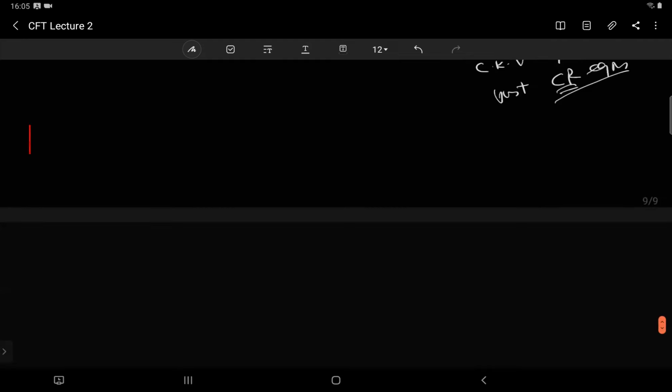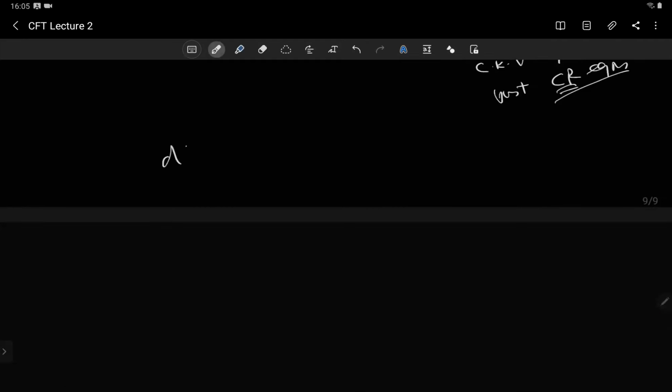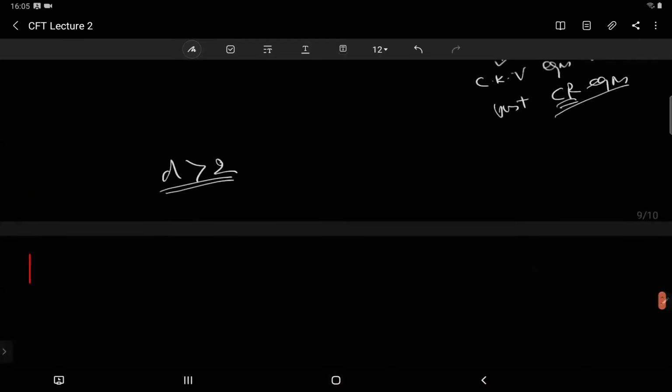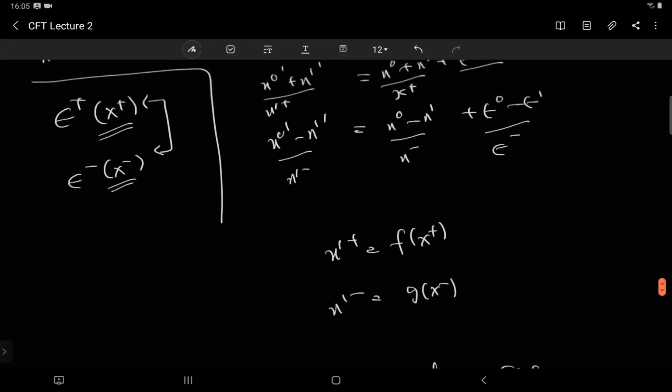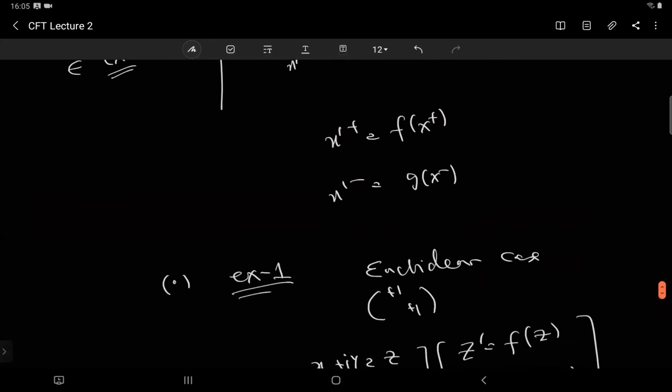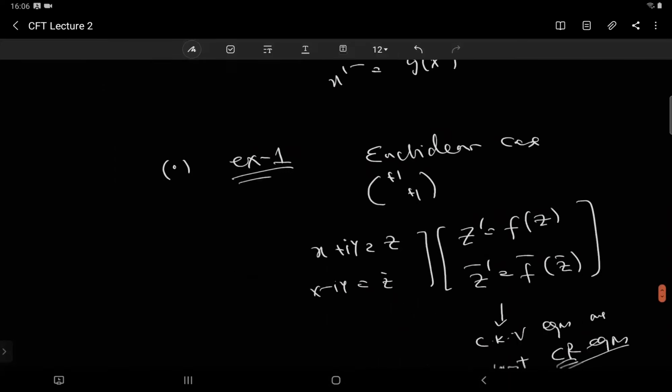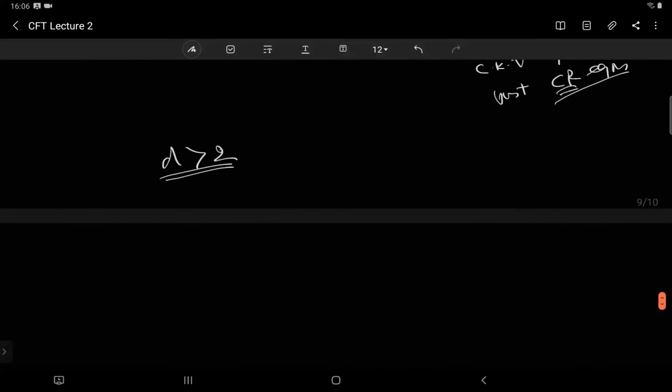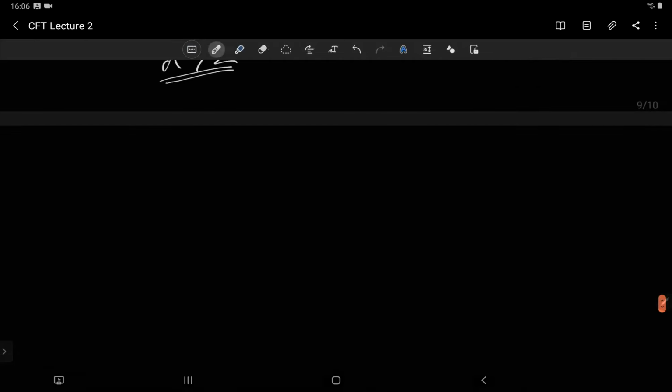Okay. Now we go to the case where d is greater than 2, and now we will see something very different. Here, these transformations can be a very general class, because the only restriction is that one function is only a function of x plus, and the other is only a function of x minus. There are an infinite number of such continuous functions you can think of. But in d greater than 2, the situation is very different. So let's see what the equation is for d greater than 2, and come back to the equation.